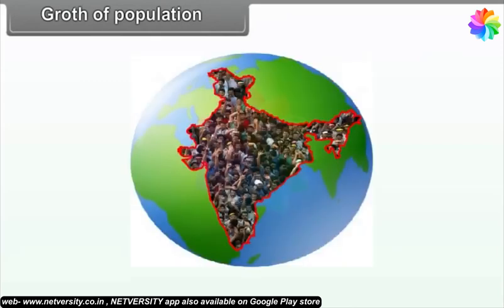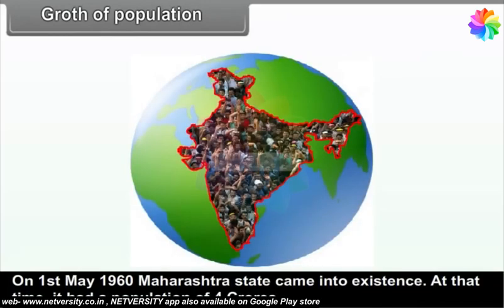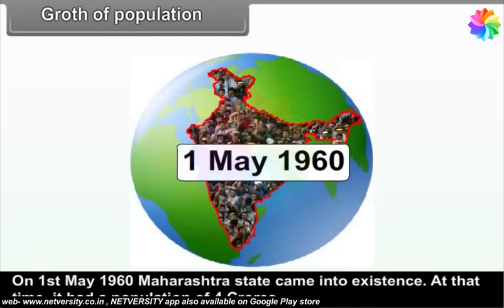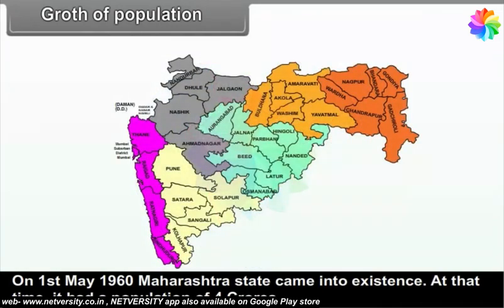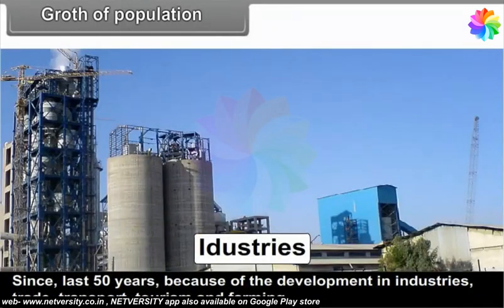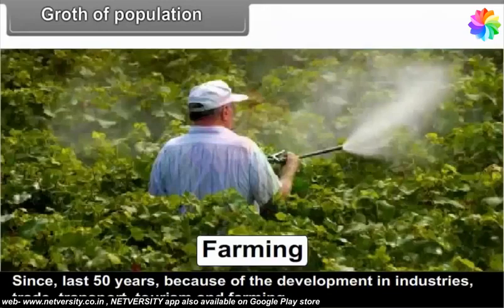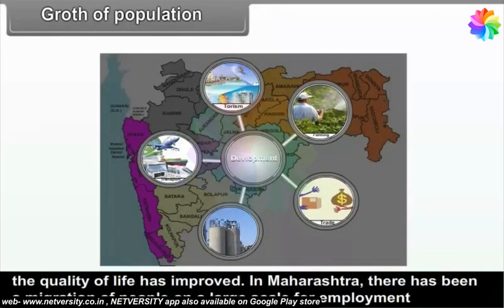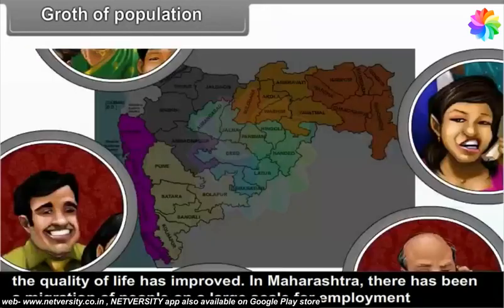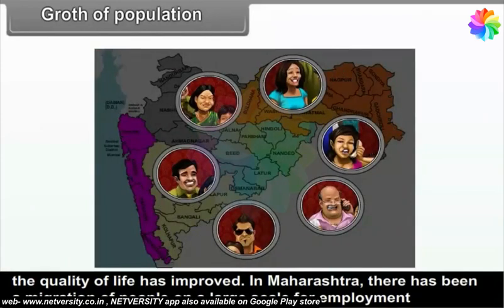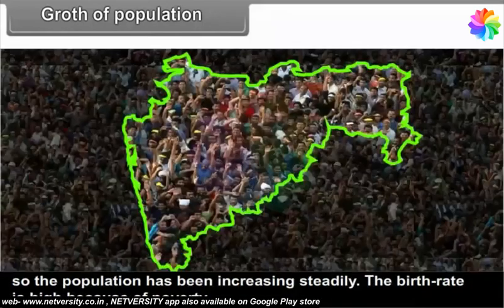7.1 Growth of population. On 1st May 1960, Maharashtra state came into existence. At that time, it had a population of 4 crores. Since the last 50 years, because of the development in industries, trade, transport, tourism and farming, the quality of life has improved. In Maharashtra, there has been a migration of people on a large scale for employment, so the population has